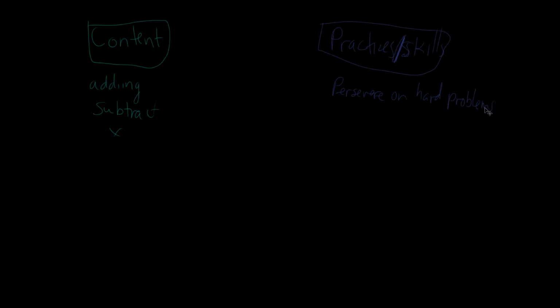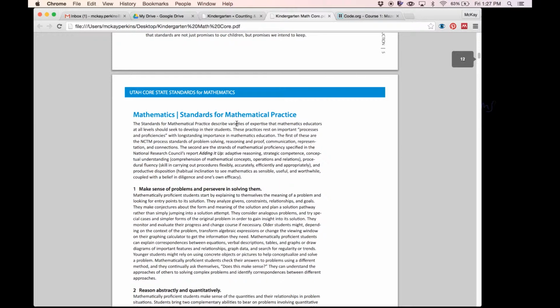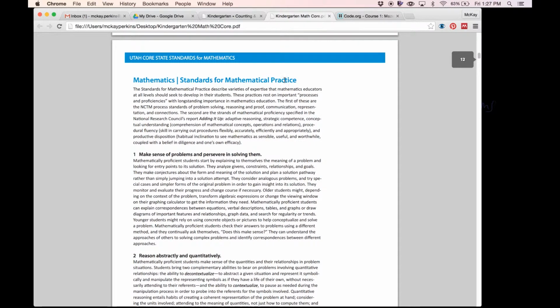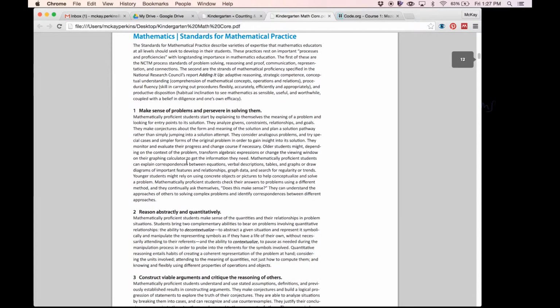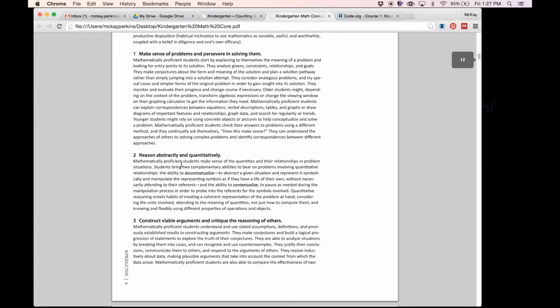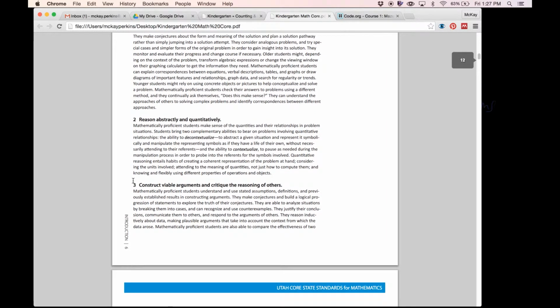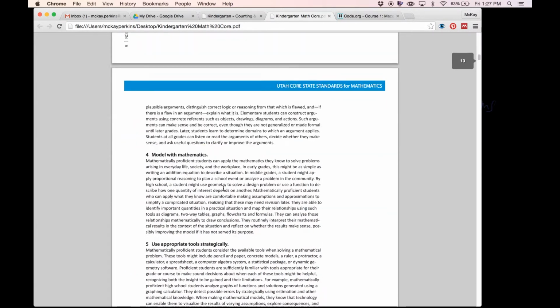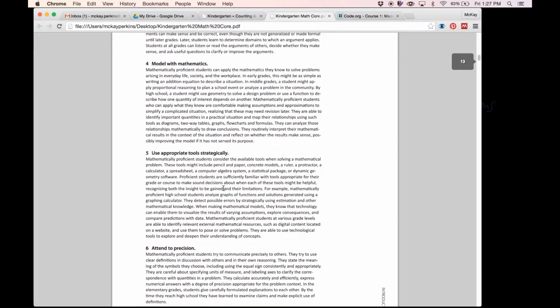So let's look at these. Okay, so I went into uen.org and found this. It's a PDF, and so these are the mathematical practice standards. So they're things like make sense of problems and persevere in solving them, reason abstractly and quantitatively, construct viable arguments, and critique the reasoning of others. So there are 8 of these practice standards. They're the same for kindergarten all the way through 12th grade. Model